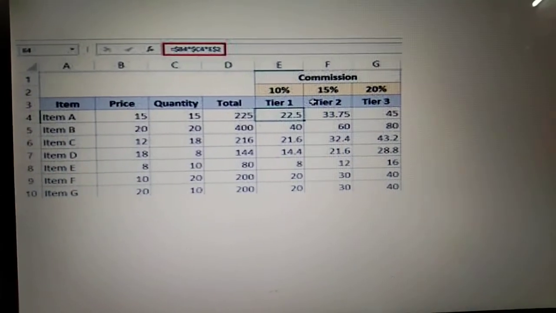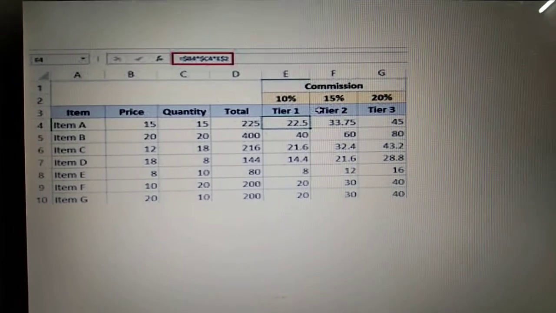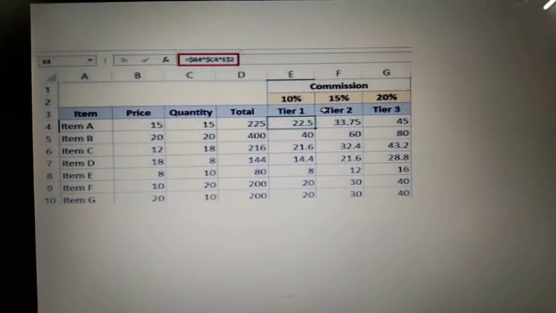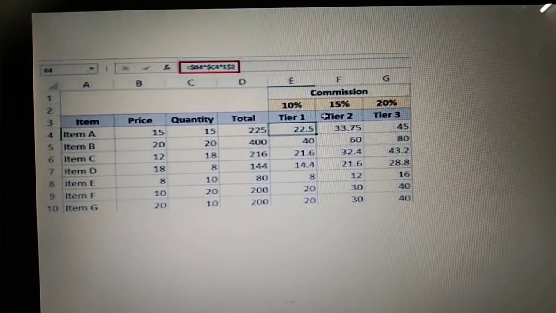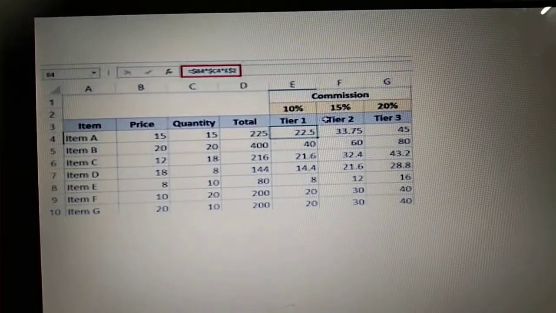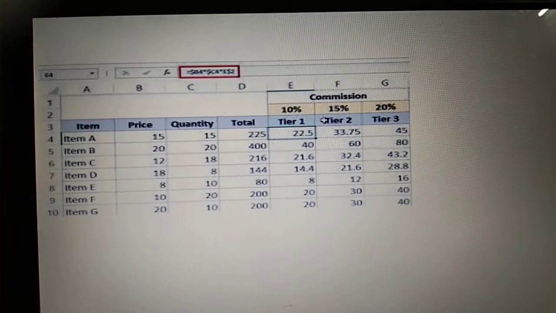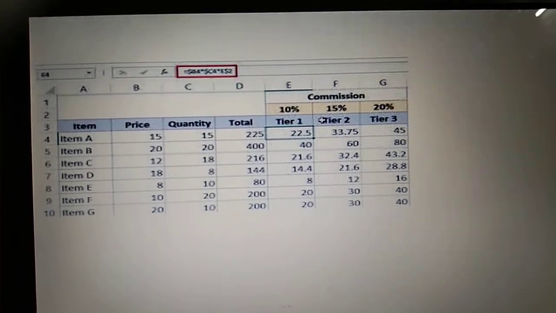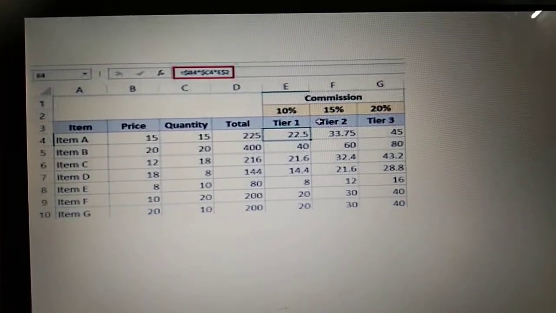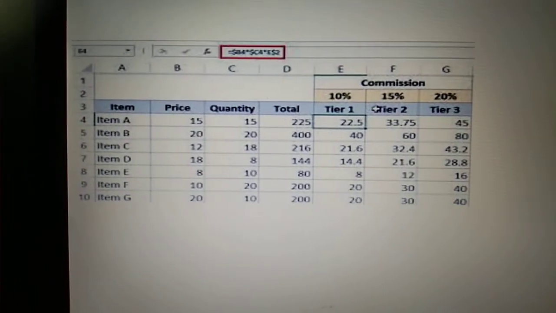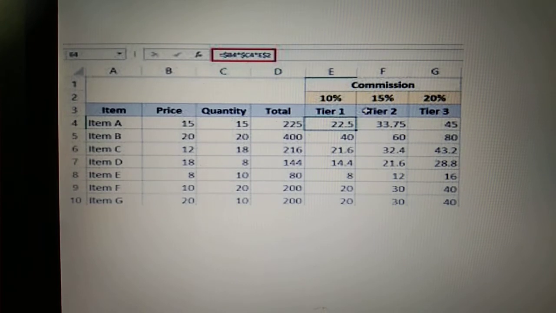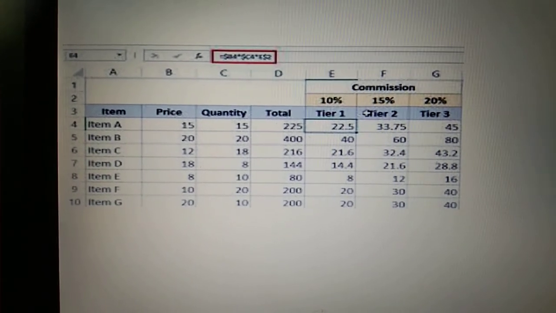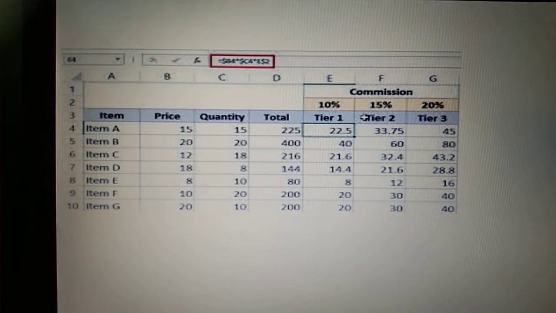Now, the third type is the mixed reference. Basically, it is a combination of relative and absolute reference. In this type of reference, either the row or the column remains fixed. Here is an example related to the mixed reference cell. Here you can calculate the total amount in terms of the percentage. So these are the various types of cell references.